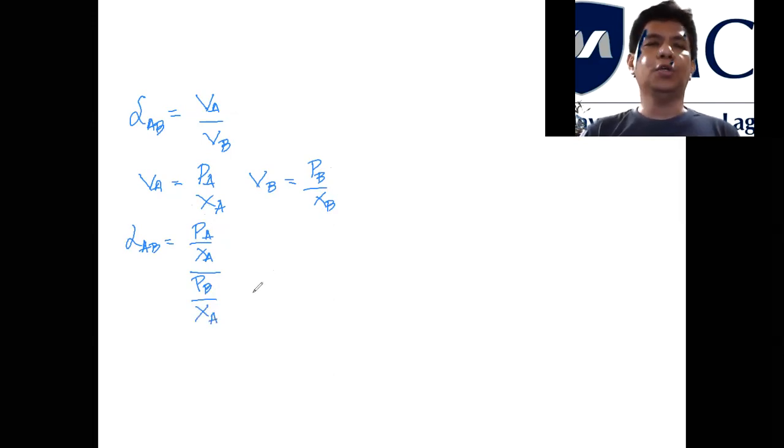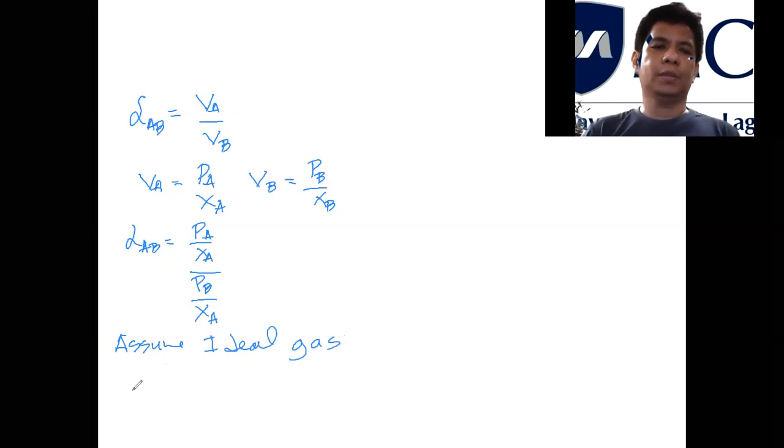And then we assume that the system follows the ideal gas law. So when we assume ideal gas, if you still remember, we can say that the mole fraction of A in the vapor is equal to P sub A divided by the total pressure of the system. Why is this so? Because if you're going to substitute,